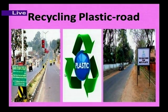Recycling road. Friends, see here, this road is made with plastic. These two roads are made with plastic. See here, this road is made from plastic waste. The waste which was collected